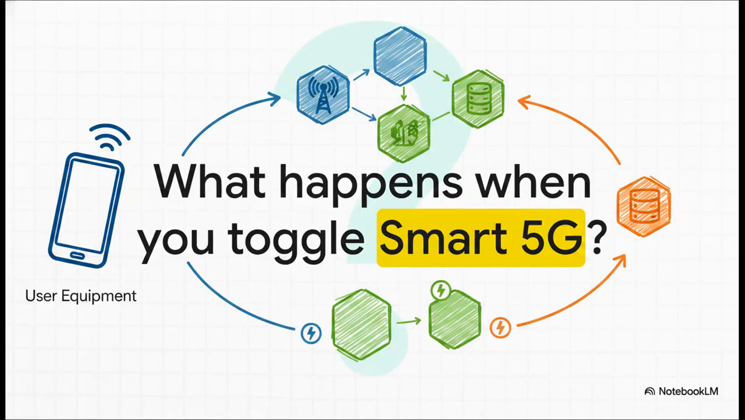Take Smart 5G, for example. What's really happening when you toggle that on? You might think, oh, it's just a neat little battery-saving software trick. But no, it's actually triggering this wildly complex chain of protocol state transitions and core network rerouting. It is a highly dynamic, real-time negotiation between your user equipment, your phone, the radio access network, and the core